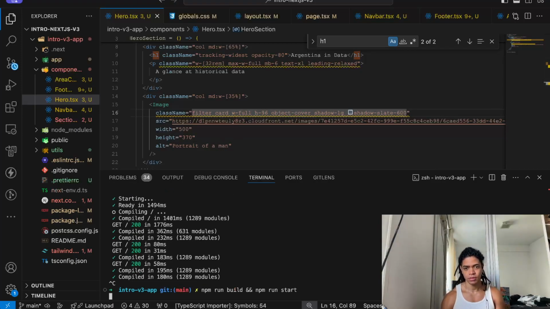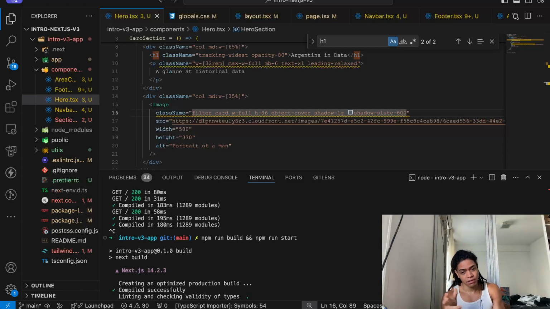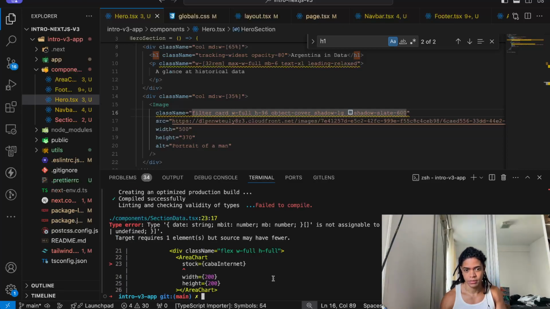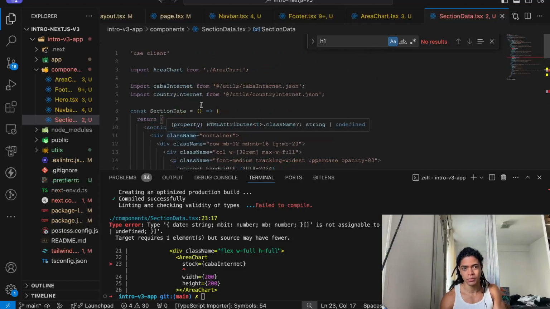Cool. Now let's go build this. A new error here in the section data. It says, hey, this is a stock, but I don't recognize this kind of data that you're passing me.